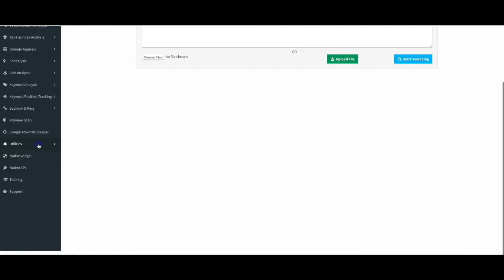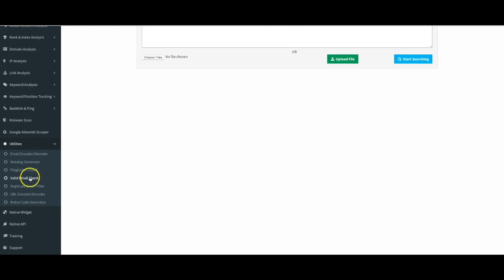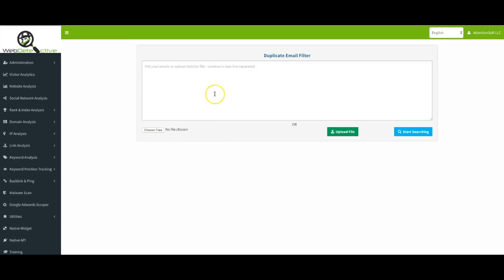Another one of my favorite ones as well that I use a lot is our duplicate email filter. Here, you can come in here, and if you have multiple different lists, you can add them all together, put them in here, and Web Detective will sort through all the duplicates and only deliver you unique emails in a simple file that you can download, and that will prevent you from sending multiple emails to the same email address,